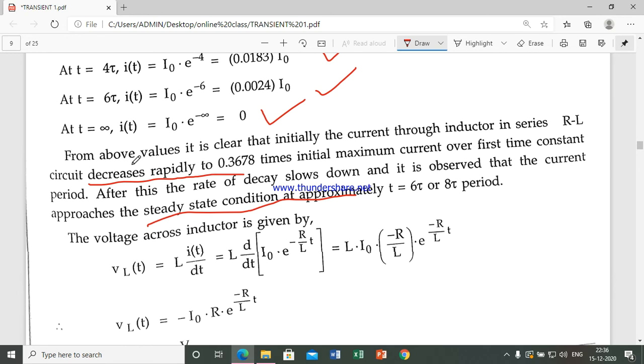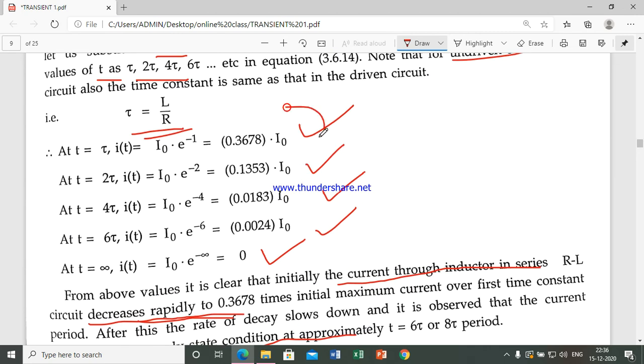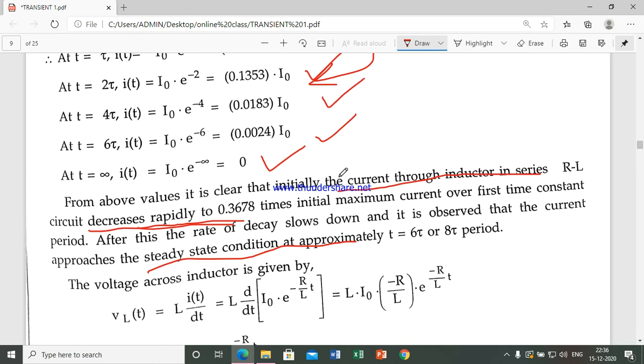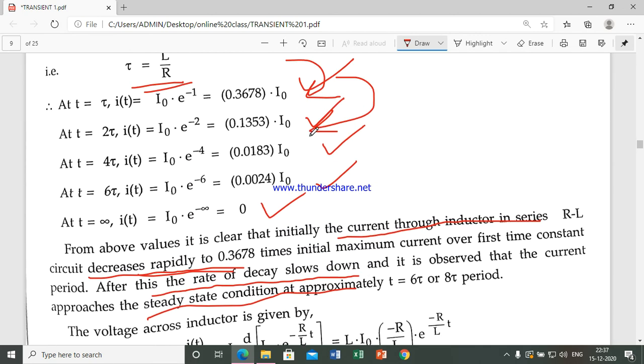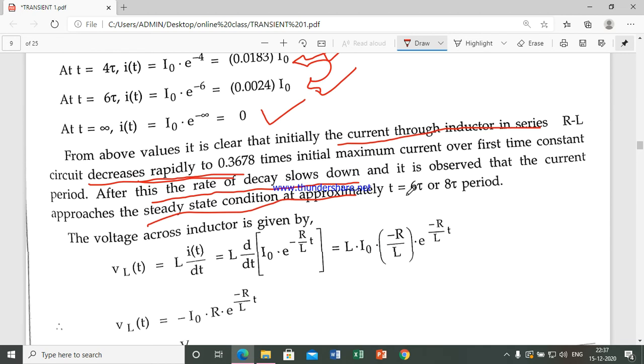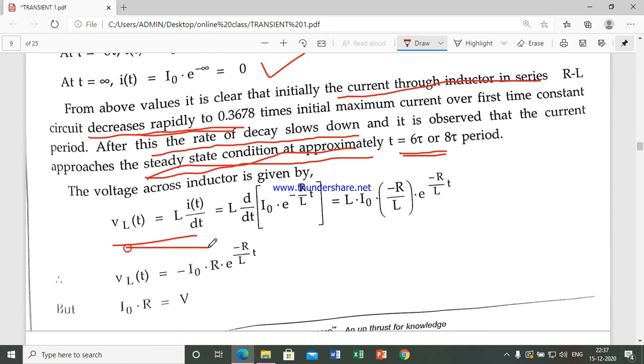From the above values, it is clear that initially the current through the inductor in the series RL circuit decreases rapidly to 0.368. From this value to this value, it decreased rapidly, the maximum change over the first time instant. After this the rate of decay slows down; the decaying rate decreases if you compare all these values. It is observed that the current approaches steady state at approximately t equal to 5 tau. Next we can write down the voltage across the inductor as